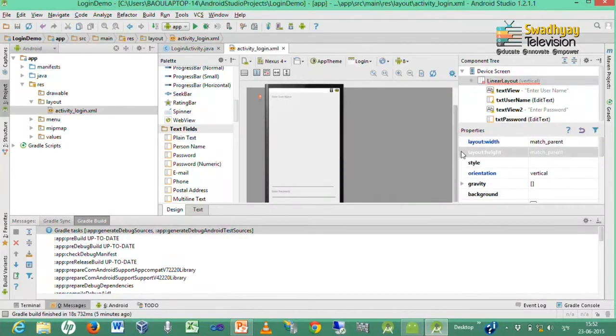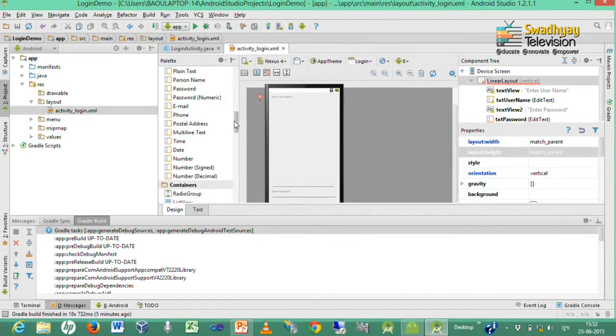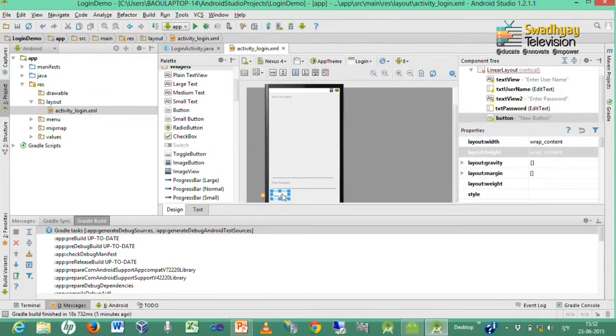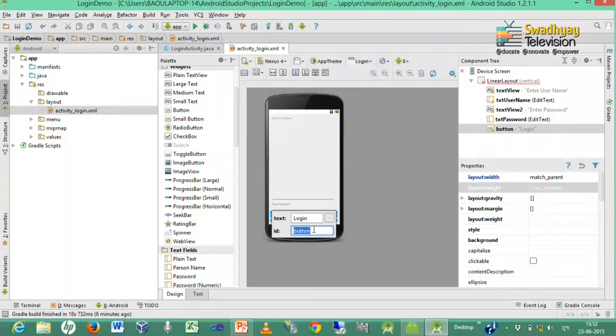Now, we drag one more control, a button, and rename it to Login, and its ID should be btn_login.